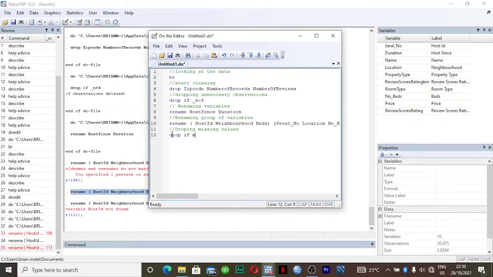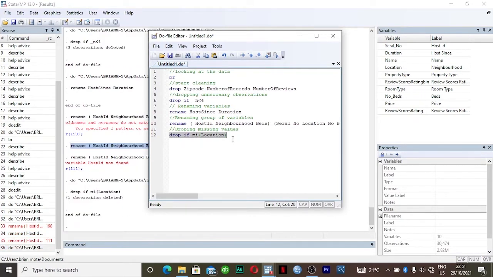So you can say drop if missing, you can just write mi, and we are looking in the location, and you close your brackets. So if there are any missing variable in the location, they will be dropped. Control D. So you can see one observation deleted. Okay, so that's how you drop the missing values.